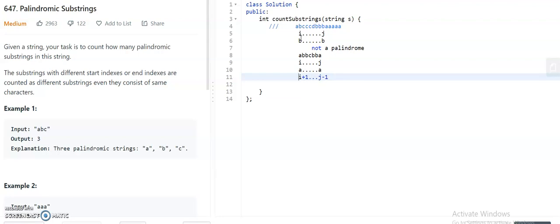So what I am saying is, if you have the same letters at positions i and j, and the middle part from i plus 1 to j minus 1 obeys the property of palindrome, then we can say that the whole string from i to j is a palindrome.